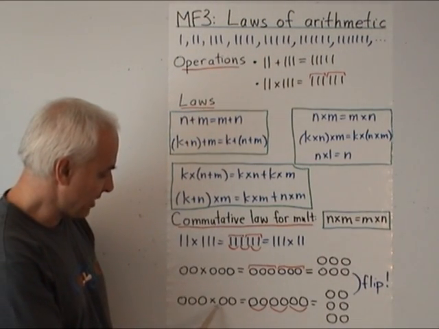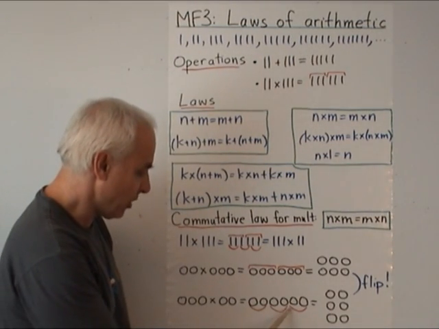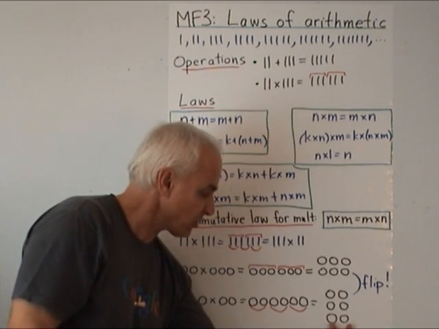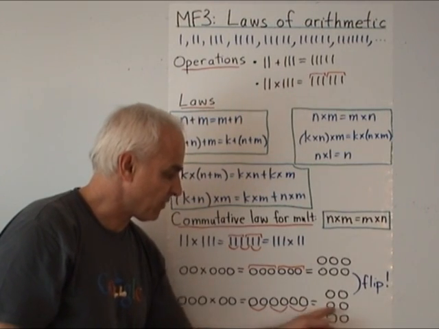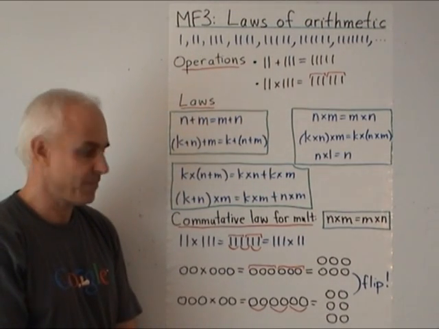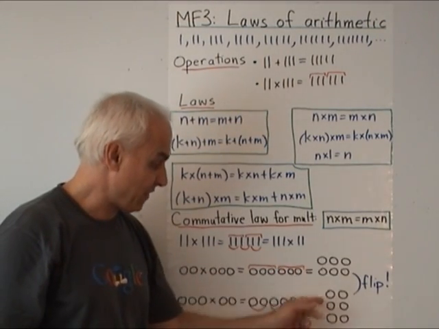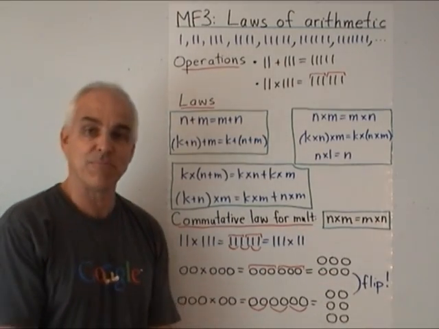Over here I've got 3 times 2, that's 3 groups of 2. 2, 2, and 2. And again I'm going to do the same thing, I'm going to put the first row there, then another row, and then another row. So we have 3 groups of 2 stacked on top of each other. Now why are these two the same? It's because these two configurations visibly have the same number of elements. We get one from the other just by flipping.